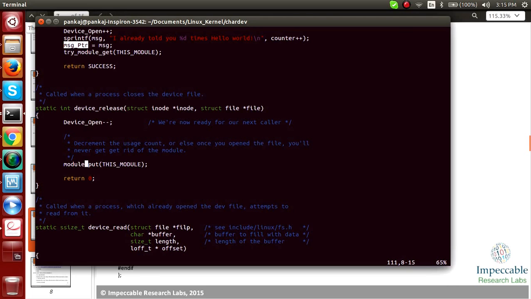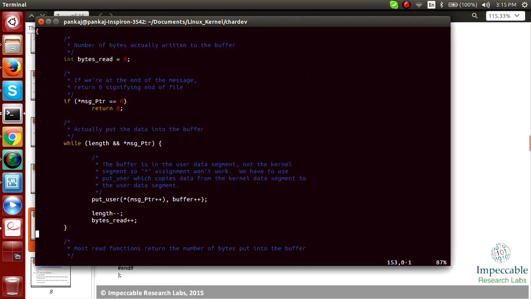Every time you do that, device release is called for your close function, closing of the file, opening a device and closing the device. So it will decrement this. This is your reference variable, the reference count to that device. Every time you open this device, this will be incremented, and every time you close the device, this will be decremented.